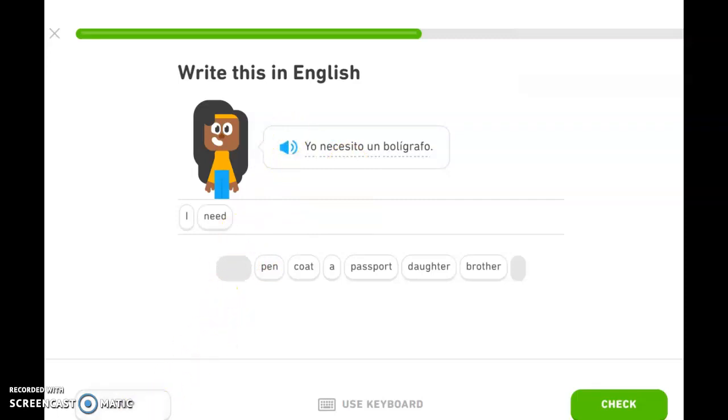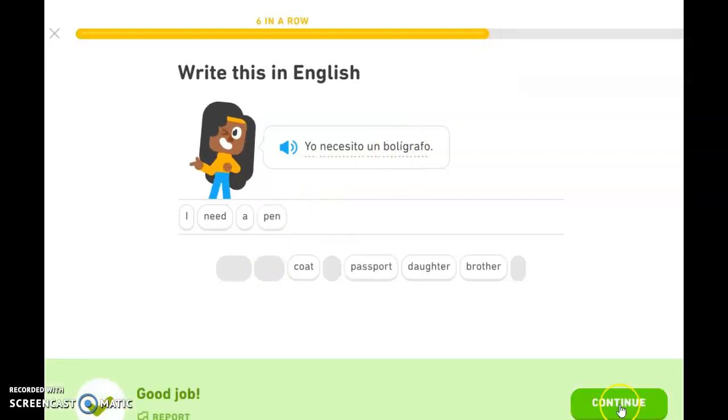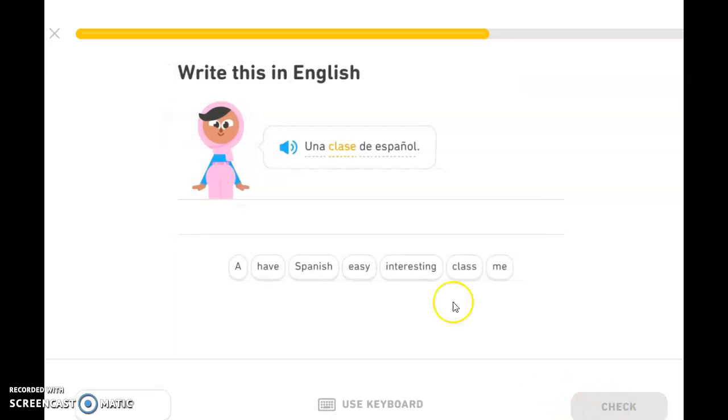Adelaide, is your microphone working? Okay. So we can, yep, A. And that gives, right, maybe passport. Oh, when I hover above it, it says no, it's supposed to be pen. Ooh, una clase de español. Well, I know clase is probably class, but you need something in front of it. Again, I look at my sentence and I think, oh, it's got to be a capital letter to start it off. A class